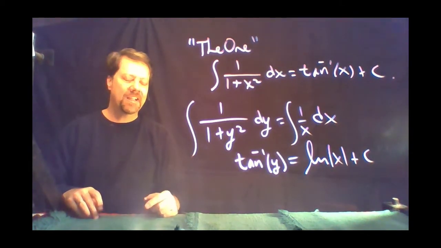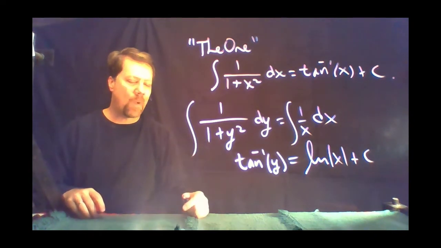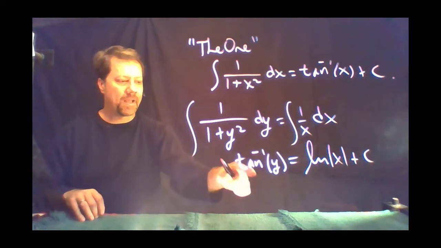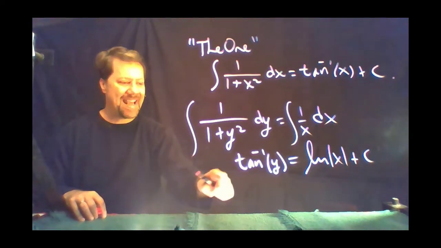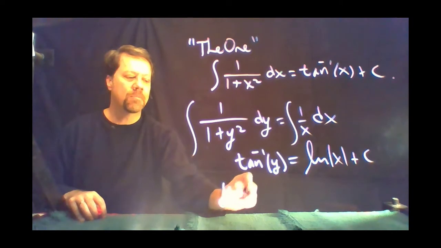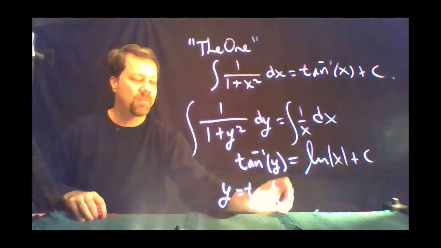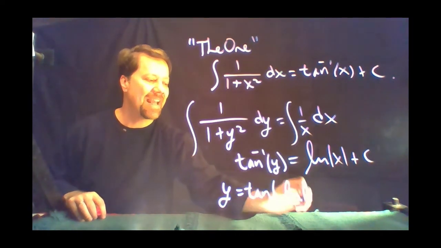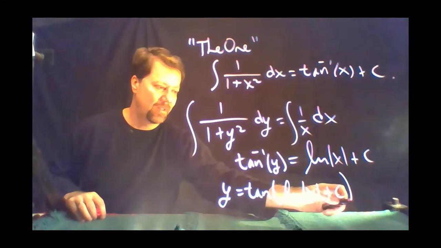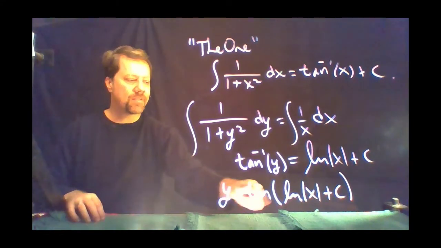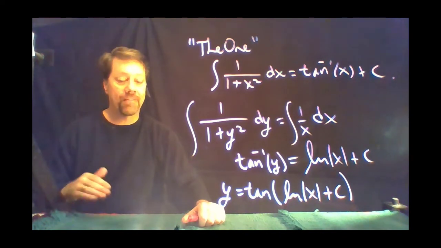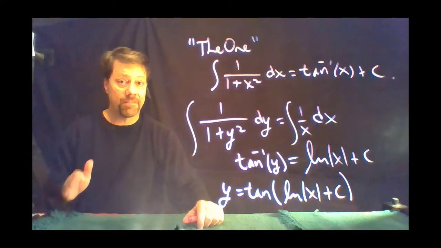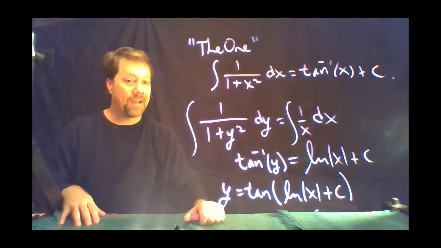You need to be careful if you want to solve for y here. When you solve for y, you have to take the tangent of both sides. The tangent of the arctangent cancels out, but on the right-hand side, you need to make sure that you take the tangent of the entire right-hand side, not just of the first term. Some students make that mistake. For tangent, you have a whole special identity for sums of angles, and you would have to apply that here. In our next example,